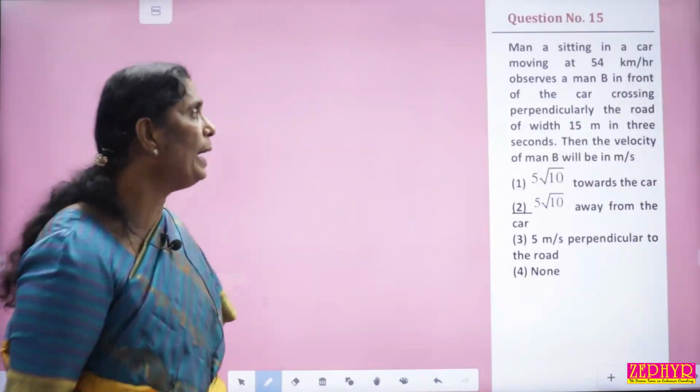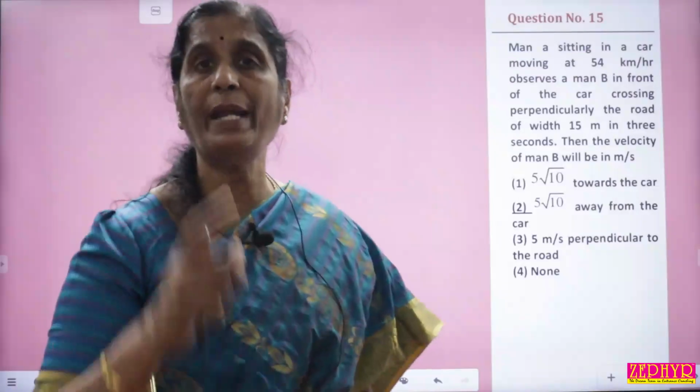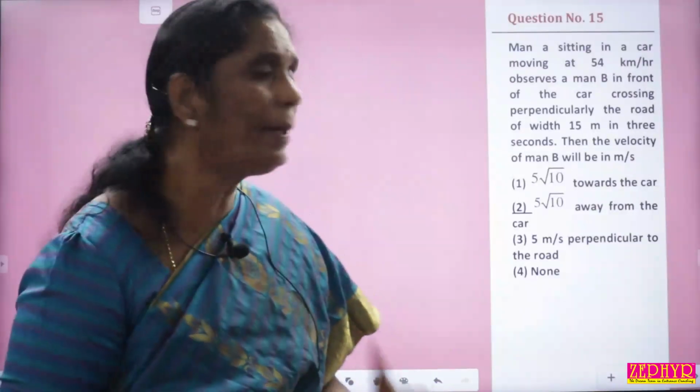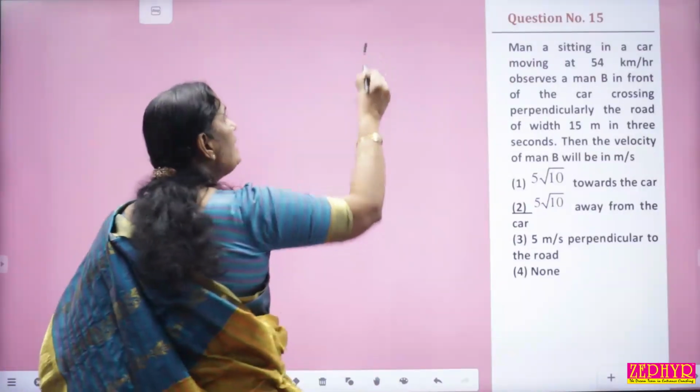Next again we are going back to our vectors. So when you do the work with vectors, first you should have an idea about the diagram. After that you have to draw another diagram also. You cannot depend on one diagram. Read the question carefully. A man is,